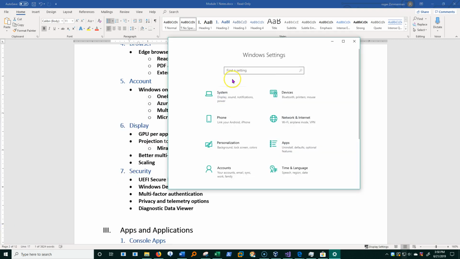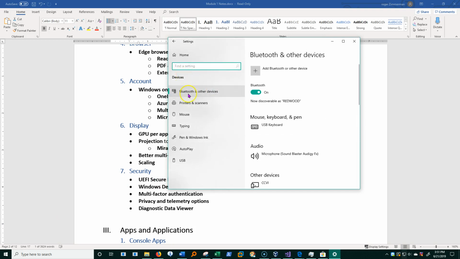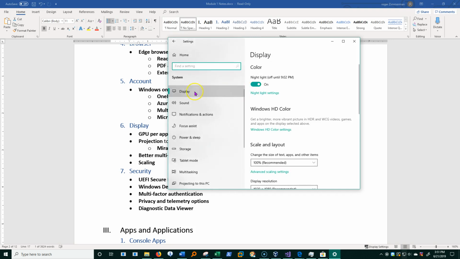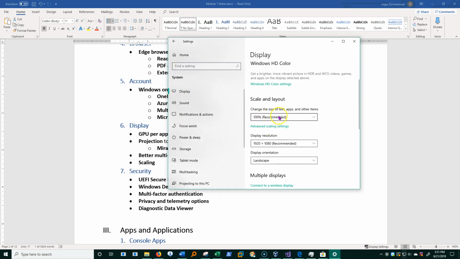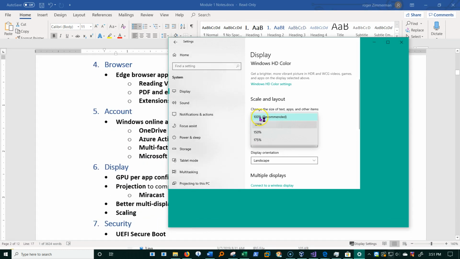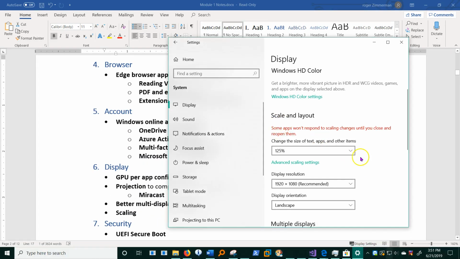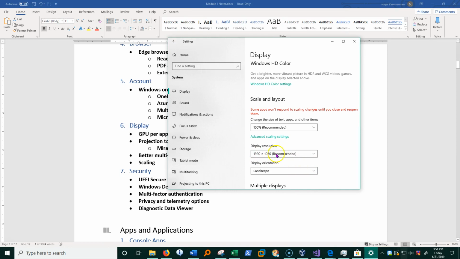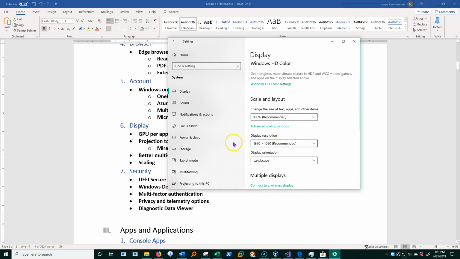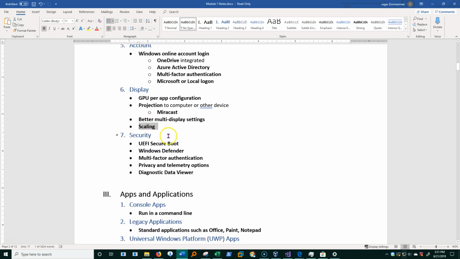And this one I will show you. I'm going to go in here to devices, and then, not devices, excuse me, that's the wrong one, system, and then display. And I have something here called scale, and if I change the scale, you'll see that everything gets bigger on my system. And if I go back to 100%, everything gets smaller. This is really nice. It's a better way of changing things than the old way of having to change resolution. That way you can only set your resolution to whatever the natural or native resolution is of your screen, and still change the scale. So that's pretty cool.